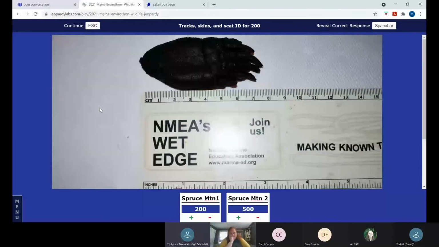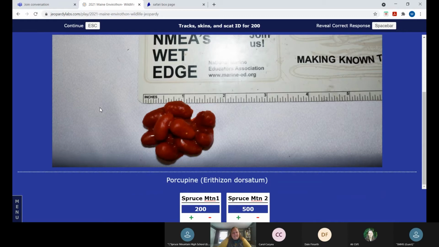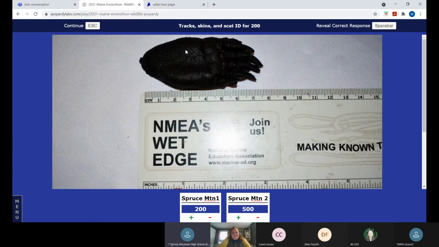Do porcupines have sharp claws or blunter claws? Well, they got to climb a tree. So that would probably mean sharper, right? That's what you think. A squirrel has claws. You go for it, Owen. Groundhog. What? That's your final answer? Groundhog. Porcupine. Oh, come on! I was right, and then